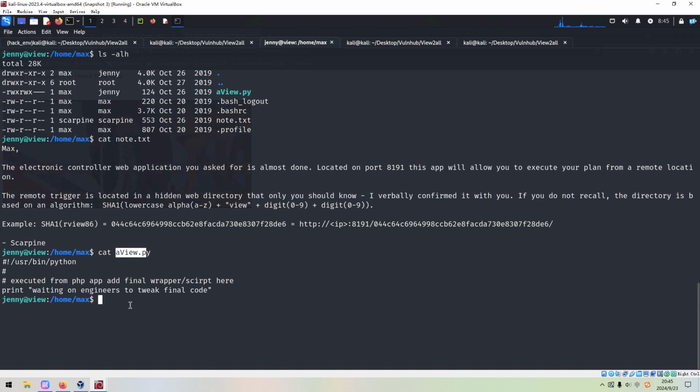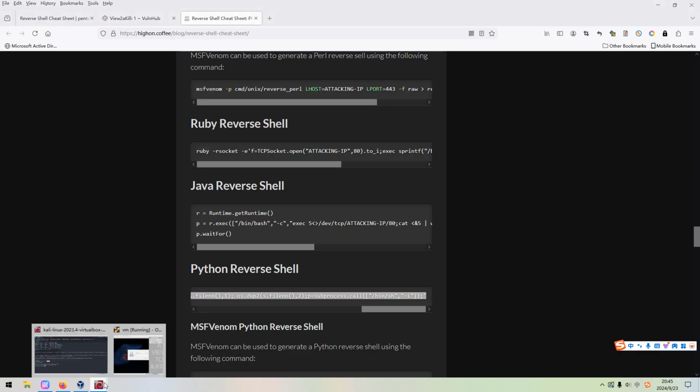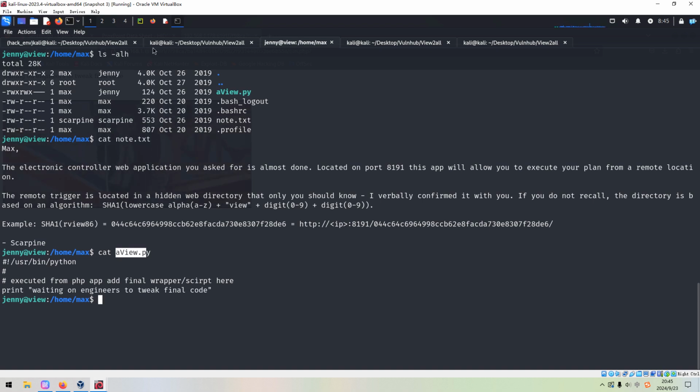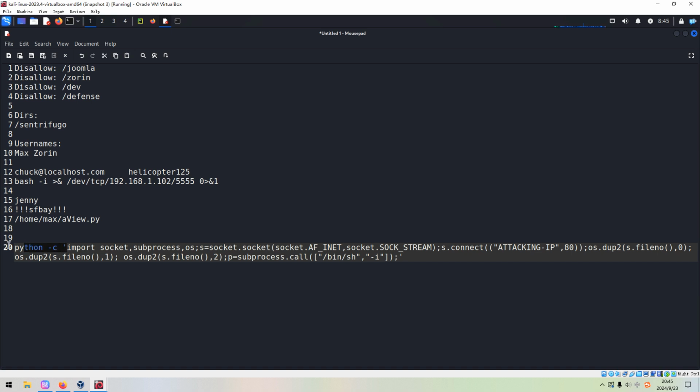Maybe we can put the reverse shell code into this file and then execute this button, and then we can get something else. Okay, so how to do? First of all, we need to get this reverse shell command of Python and paste it over here. We need to remove, and also this one we do not need.